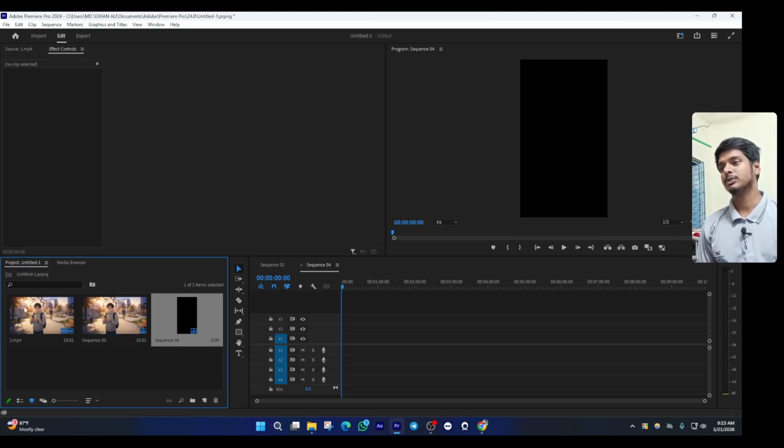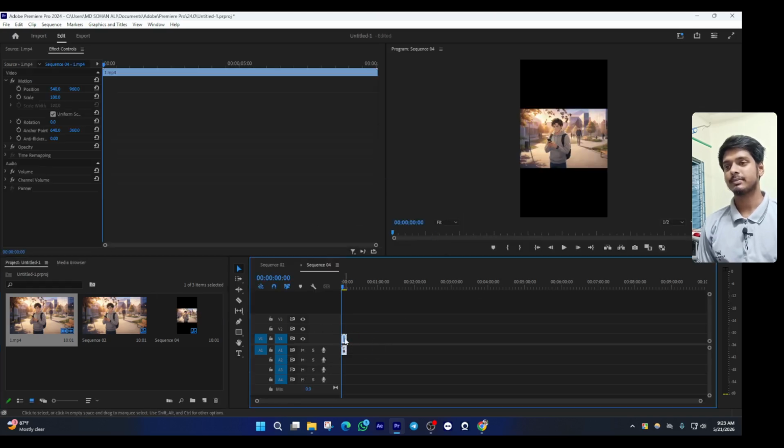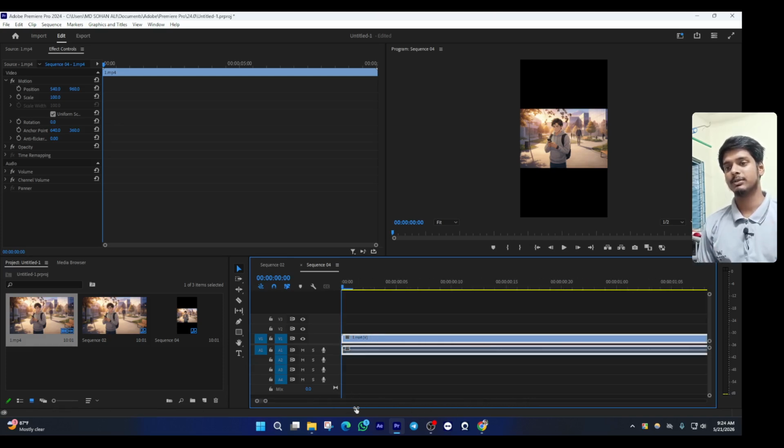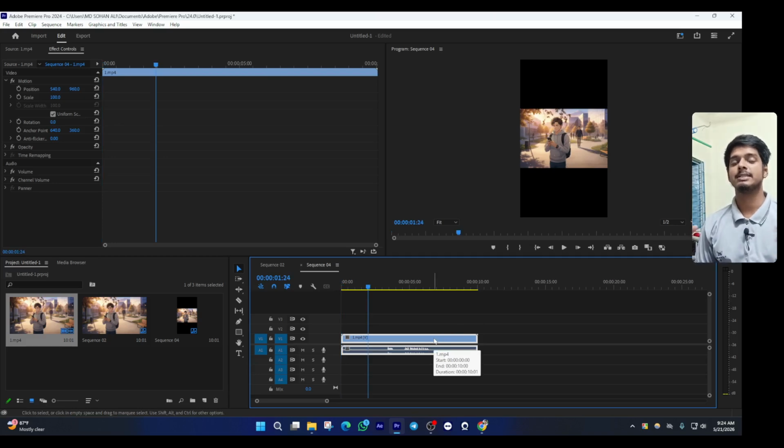And then what should you do? Same things we will do again. The long video we need to drag here and then keep existing settings. After that, hold Control and use the mouse scrolling, then the timeline will get longer, or you can use this button to make your timeline footage or clip longer. Well, you can see our aspect ratio or sequence is 9:16, and then again we need to